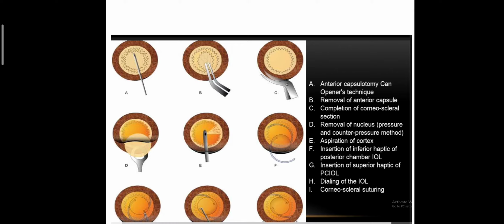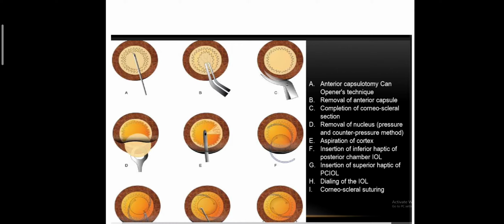Whereas in case of linear capsulotomy, here a straight incision is made in the anterior capsule from 2 o'clock to 10 o'clock position, similar to the corneal incision, and the rest is completed in the end after the nucleus and cortex is removed. So the third one is continuous curvilinear capsular excess, which is most commonly done nowadays, because for